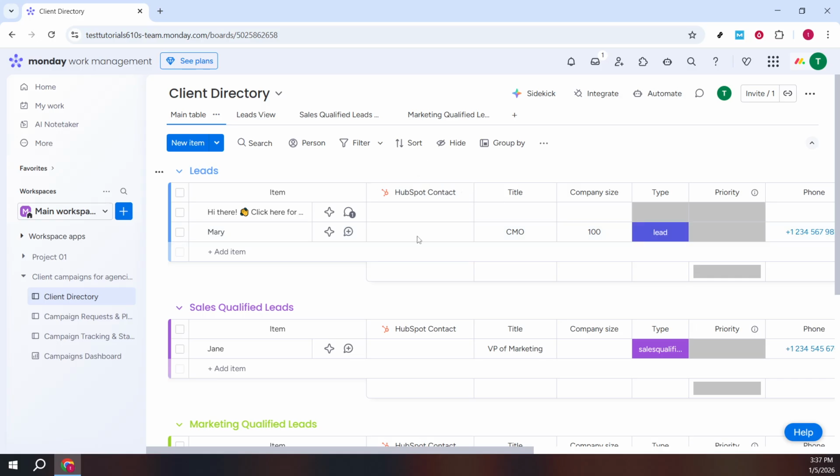key metrics. If you track budgets or hours, repurpose a numbers column to capture estimates and actuals. Views are also helpful. Switch to a calendar for deadlines, a Kanban for workflow, or a dashboard later to summarize capacity and performance. Finally, invite the relevant teammates to the board and set the right visibility so clients only see